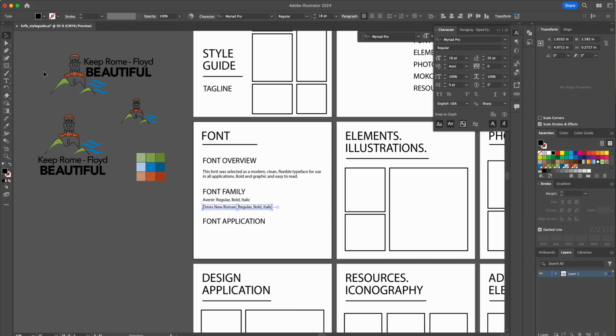Regular, bold, italic. And then my font application is Avenir,